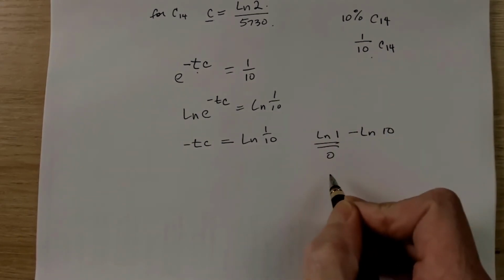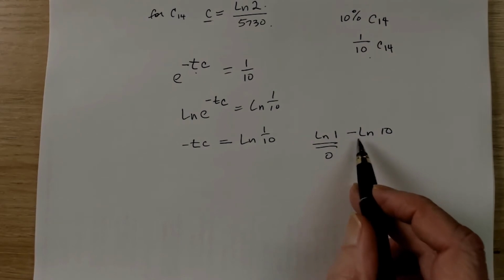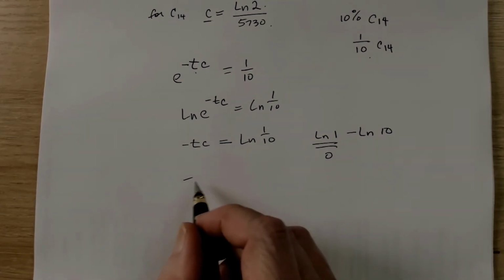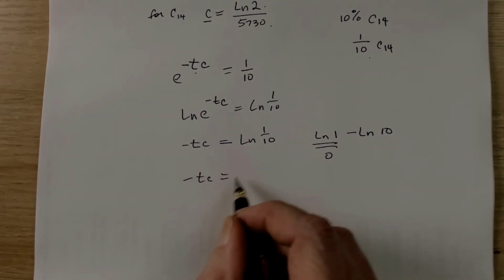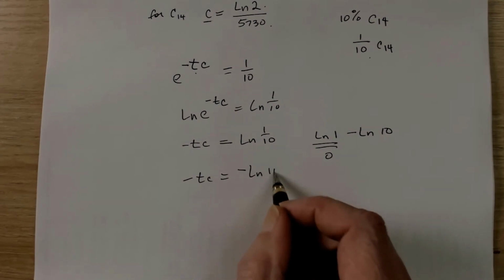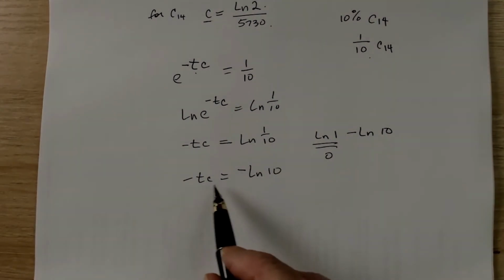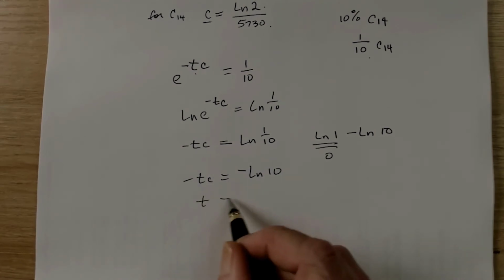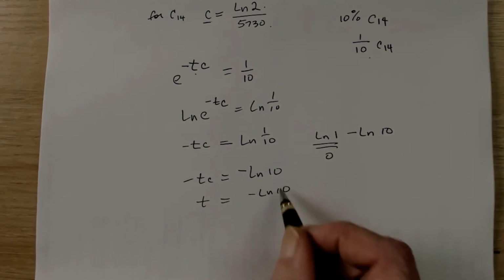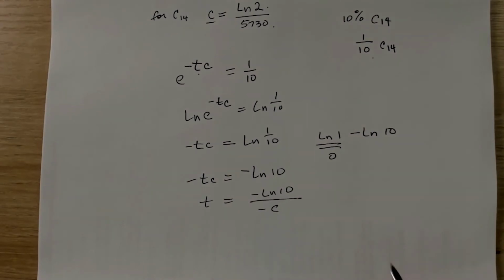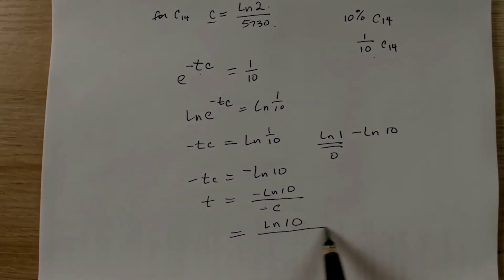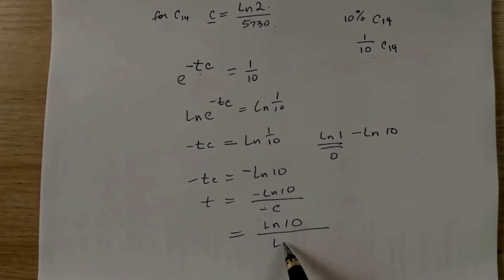This equals 0. So our answer is the negative natural log of 10. So -tc equals negative natural log of 10. Now we can divide both sides by -c, and we get t equals negative natural log of 10 over -c. Now these negatives, of course, will cancel. This ends up being natural log of 10 over natural log of 2